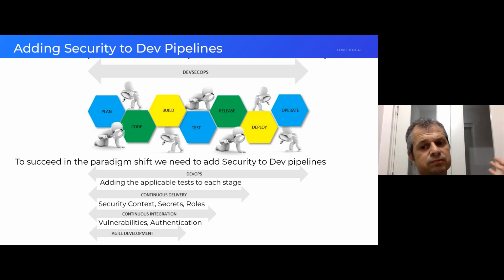So if you want to talk about things like our DevOps tools, that's a great way where we want to embed security checks. If you talk about our continuous delivery, that's a good place to check for security context of deployments, secrets which are exposed, roles which are overly permissive. In the continuous integration phase, we probably want to check for vulnerabilities, authentication of images, so we can verify that only authenticated images can be deployed in our cluster. So there are many things that we can do in order to reach this high level of security that we are targeting and we want our application to run in.